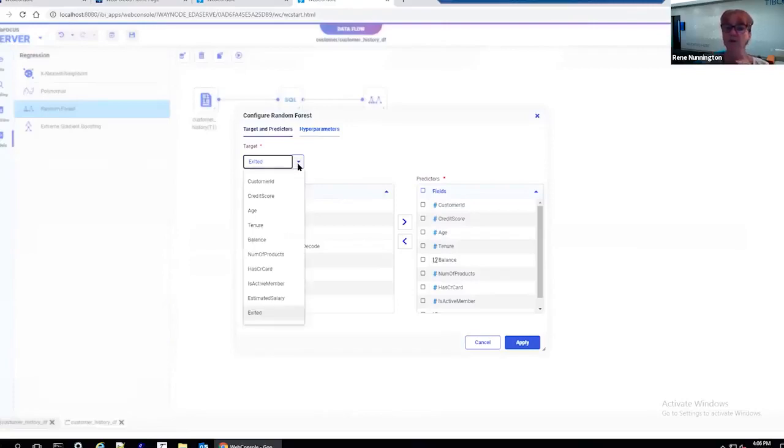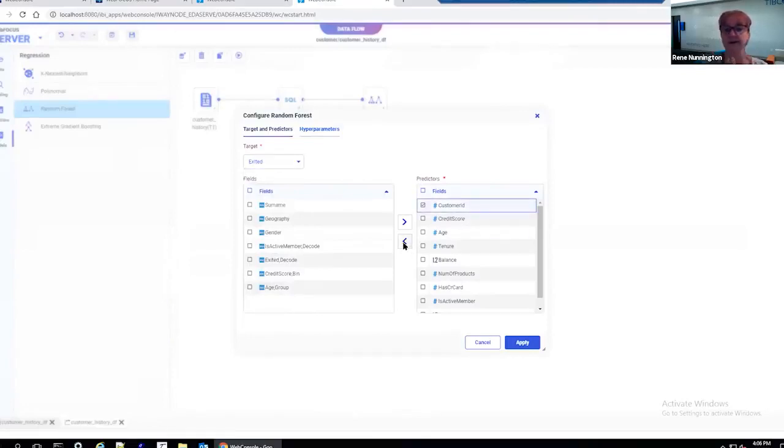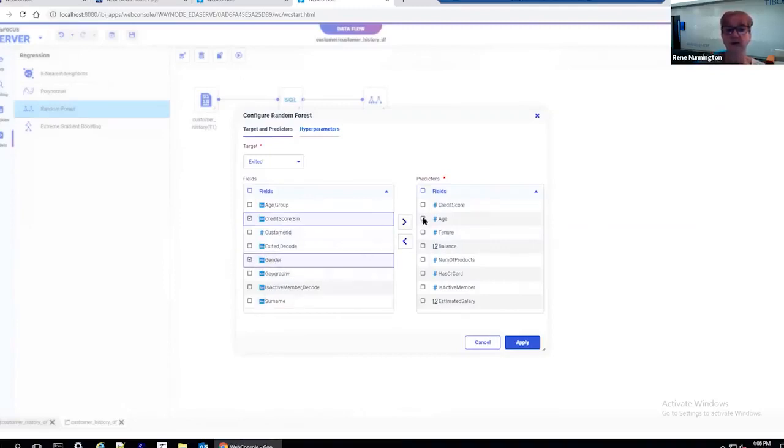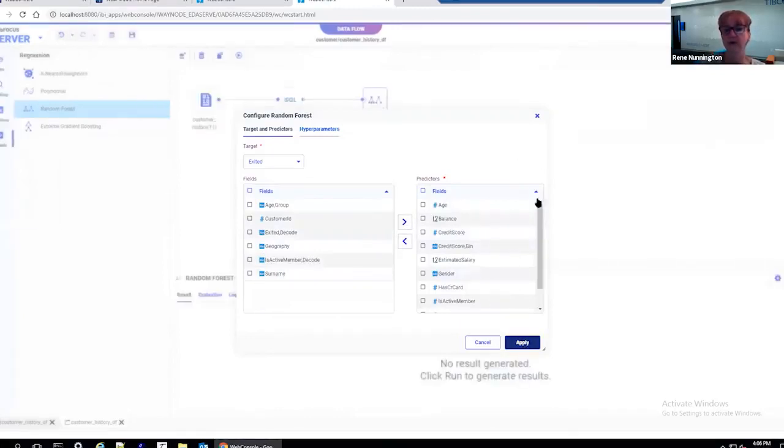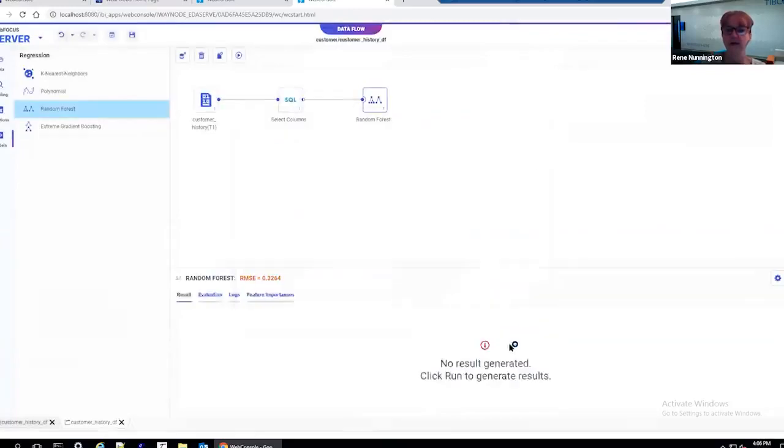So the important thing was, as I said, we were trying to understand exited. Are they still an active customer or not? And typically a field like customer ID is unique for every single row. So there's not really anything that you're going to learn in terms of patterns on that one. But there might be a couple of others here that we want to consider, like their gender and their credit score. So we can go and add that. And we can apply all of those fields to our function. And once we do that, we can go and run,